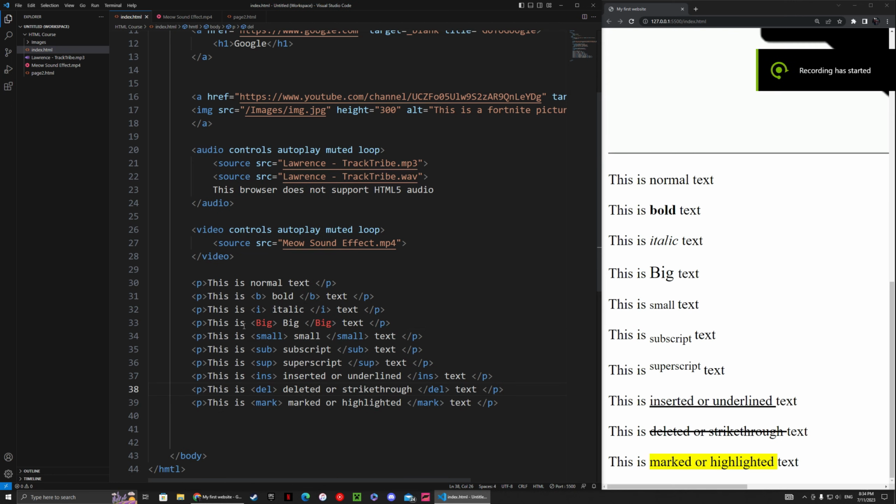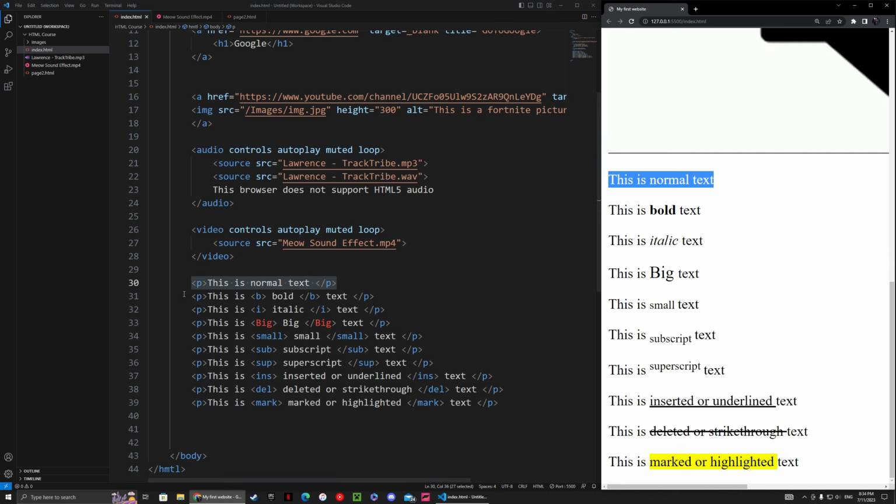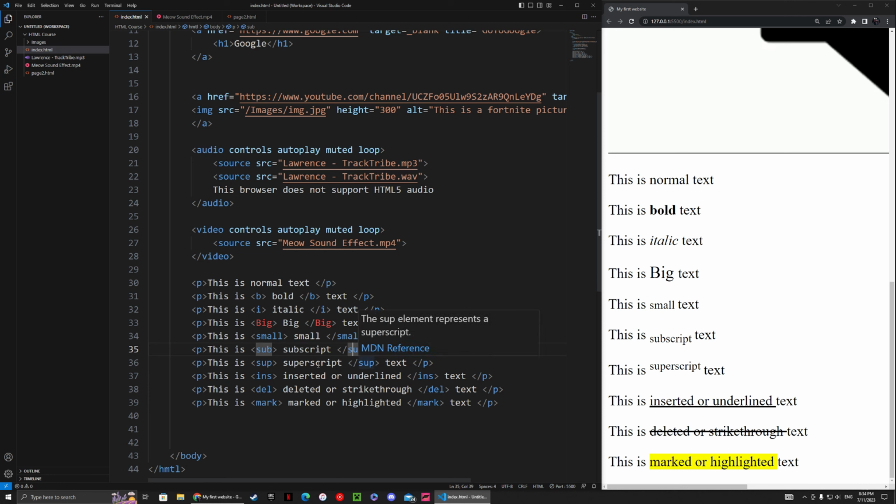Okay, so I took the time to do all of it, and so this is normal text. As you can see, it's just normal text. Bold text, as you can see, what is surrounded by the b tags is bold over here, and same goes for italic with the i, and then big is for big, small is for small, sub is for subscript, and sup is for superscript, sorry, and